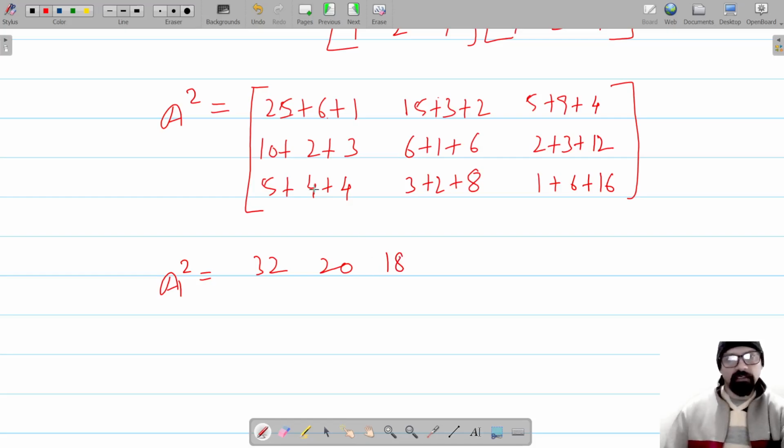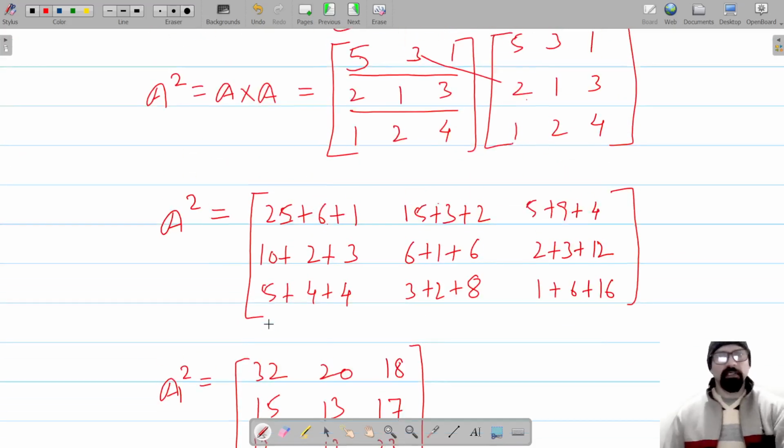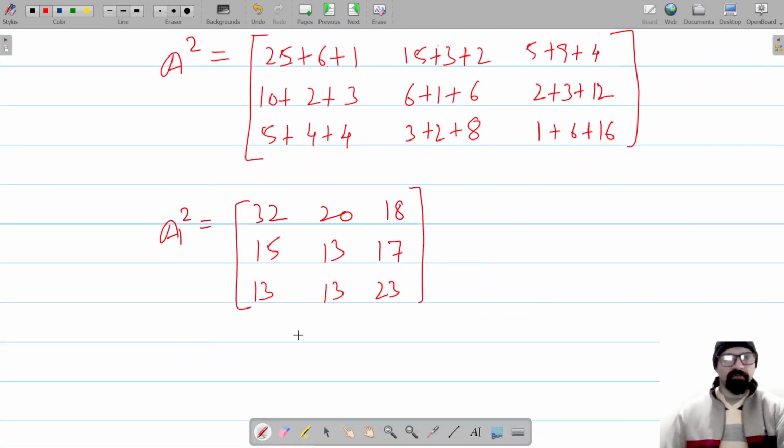ठीक है, अगला है 10 plus 2 plus 3, ये हो गया 15, 13 और 17। Next is 8, 5 plus 4 plus 4, 9 plus 4 is 13, 13 and 23। तो ये हो गया A square। Now हमें find out करना है A square minus 5A।